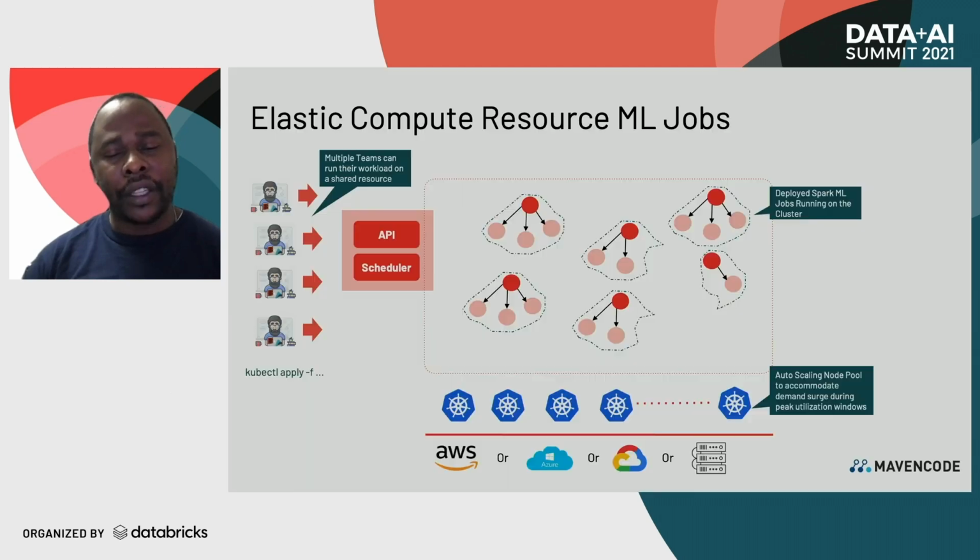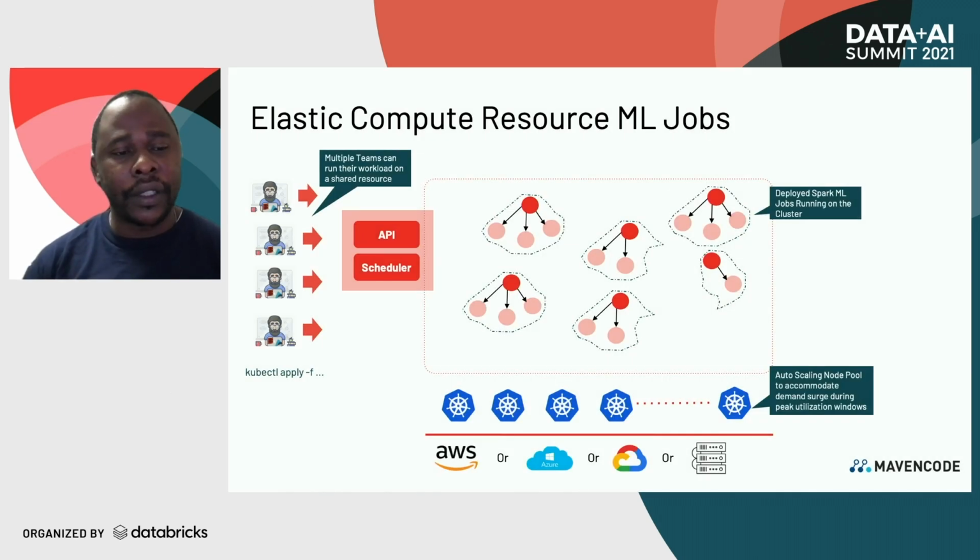So now imagine you have multiple people from different teams trying to run their ML jobs. They're using the Spark operator or TF operator. We have the underlying infrastructure, which is Kubernetes. It can auto scale. And basically the Kubernetes cluster can be on Amazon, Azure, Google Cloud, or on-prem, or wherever